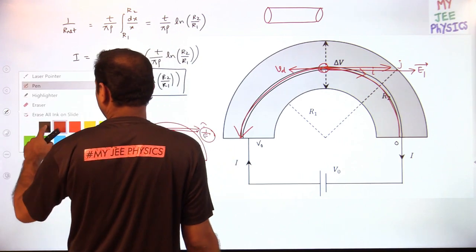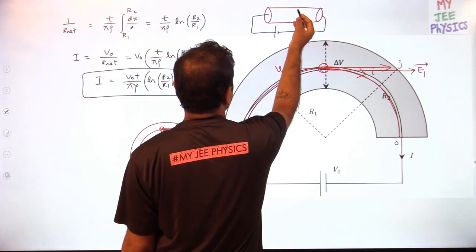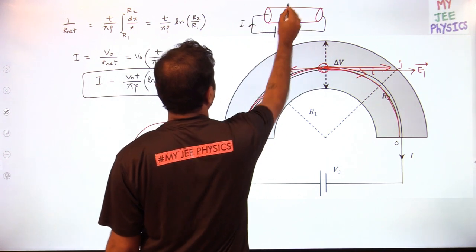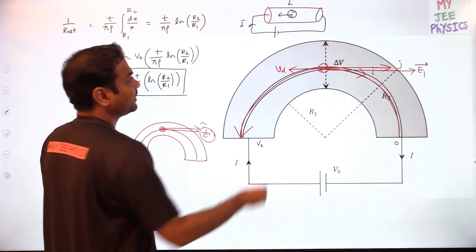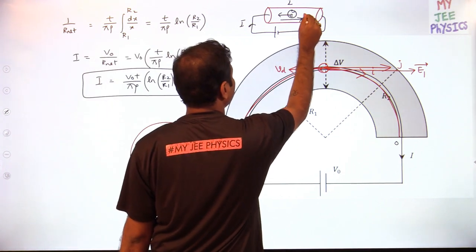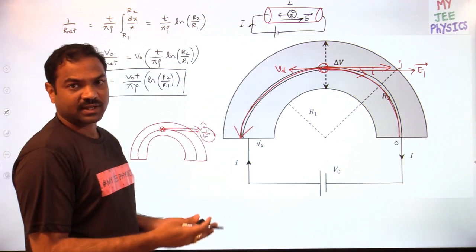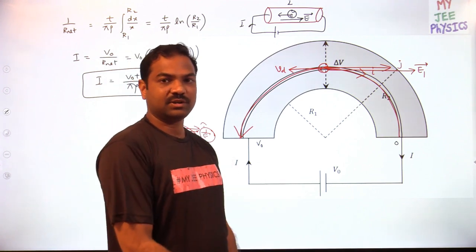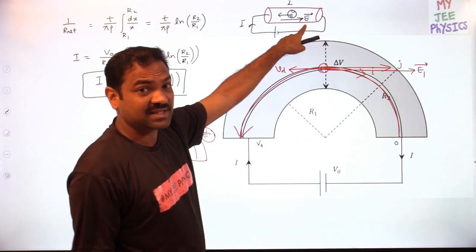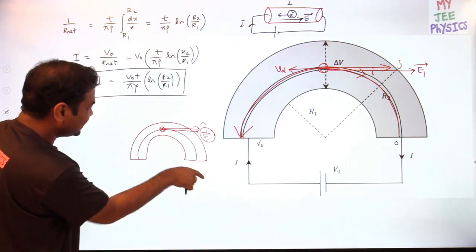If I take one conductor in this way and connect it to a battery, then here also you will find a current, am I right or not? Positive to negative you will find a current. That means electrons will move opposite to the current flow. That means there will be some field which makes the electron flow from lower potential to higher potential, while a positive charge goes from higher potential to lower potential. So this field is responsible for current. So here also there will be a field, and that field will be tangential everywhere.